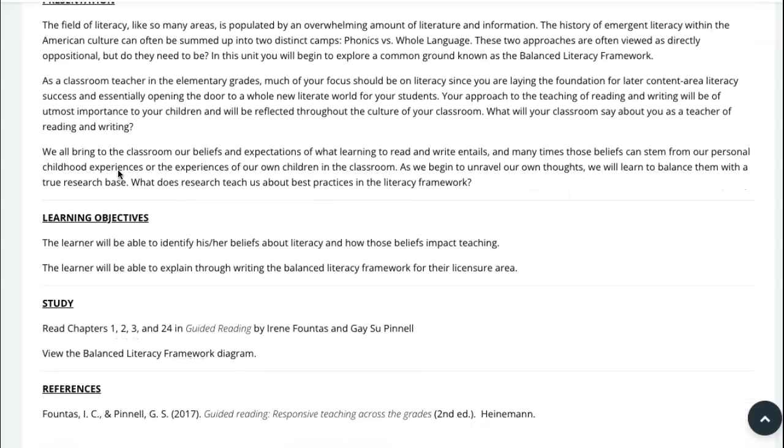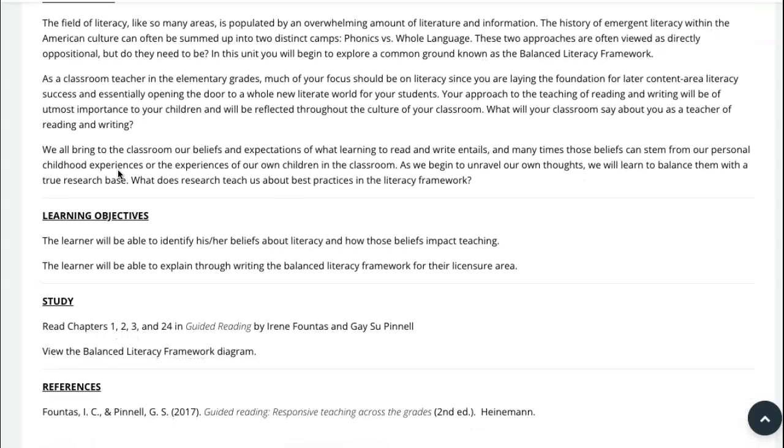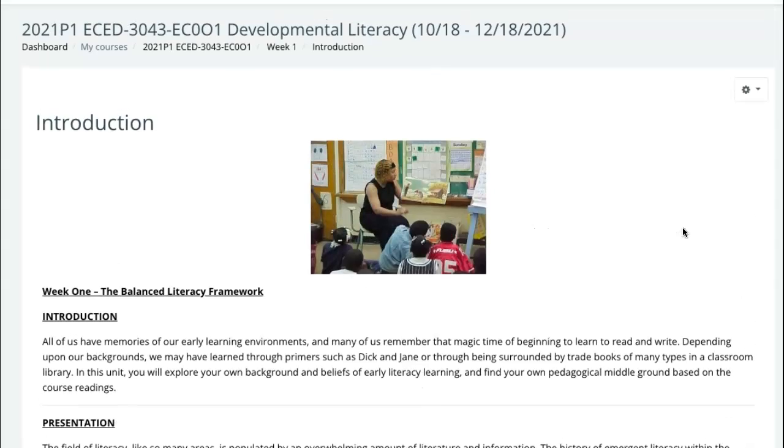So, by the end of the week, you will be able to identify your beliefs about literacy and how those beliefs impact teaching. And you will also be able to explain through writing the balanced literacy framework for your licensure area.